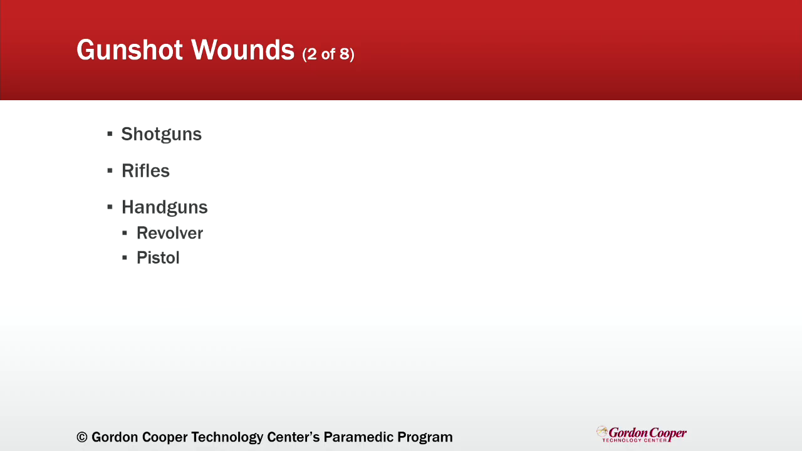Shotguns fire multiple rounds of pellets at once, ranging from a half dozen to several dozen. The density of the shot depends on the distance traveled, with very close ranges capable of causing severe catastrophic injuries. Rifles fire a single high-velocity projectile, and their grooved barrels spin the bullet for greater accuracy. Handguns, including revolvers, which hold 5 to 10 rounds, and pistols, which hold 2 to 3 times as many rounds,